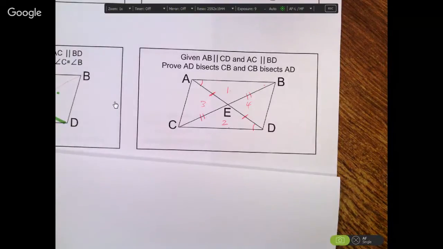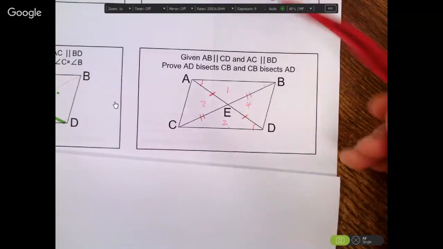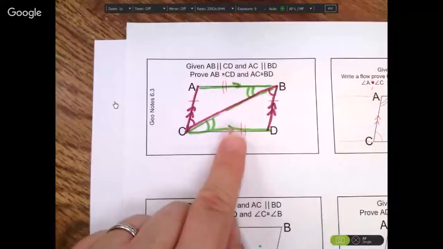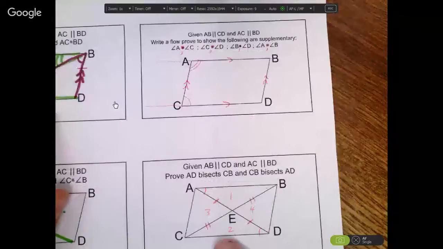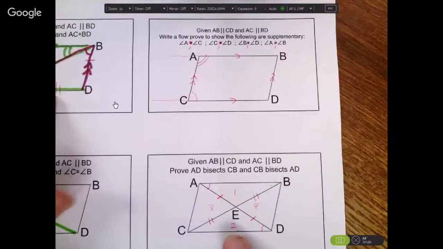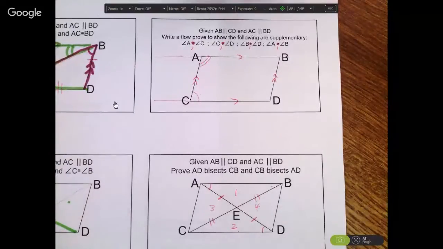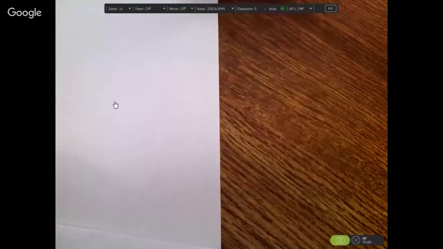Okay. And one other thing I want to point out here is that we would use this first, showing that opposite sides are congruent, as one of our parts to this proof. Once you've proven it, you then are allowed to say it in the proof. Okay. So basically,